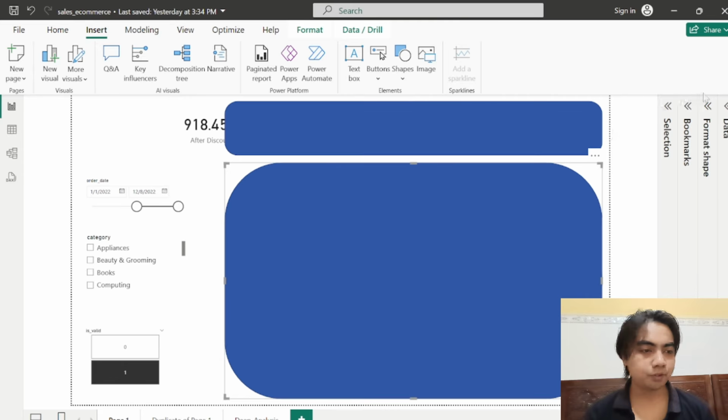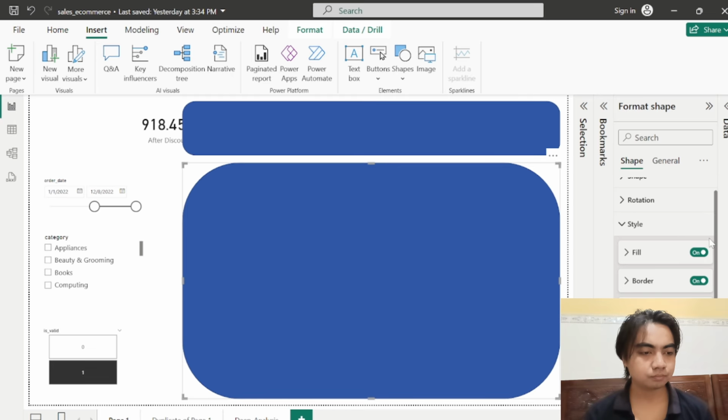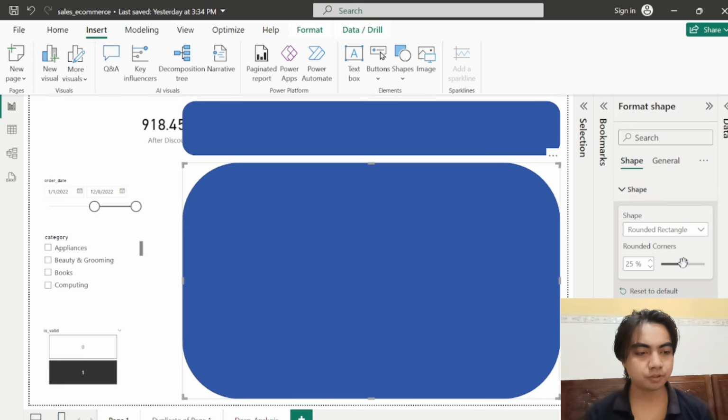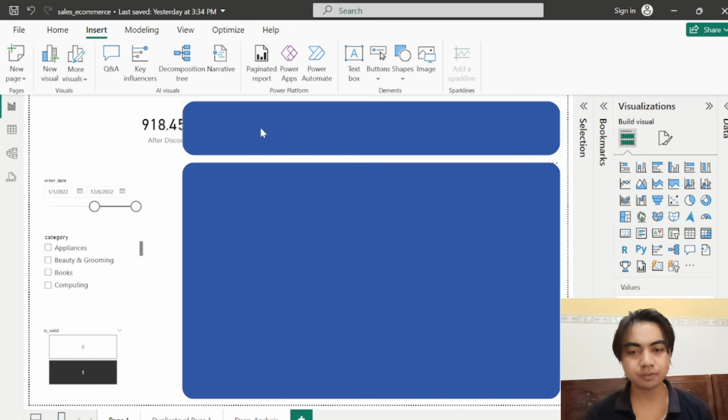and then we can go into format shape, we go to style, then border. I don't know about the border. Fill. No, let's go to shape first. So the round corner should be not that big. So let's do 5 maybe. So let's do 5. Okay, now